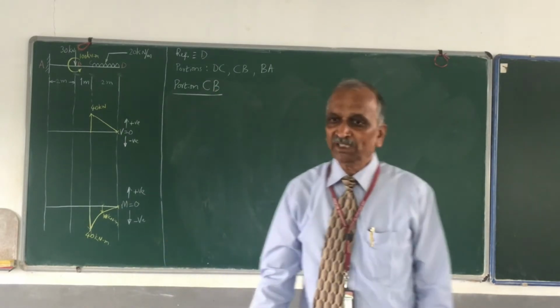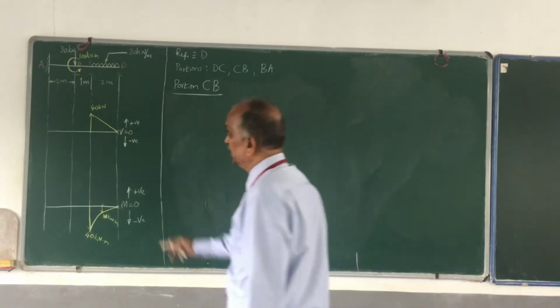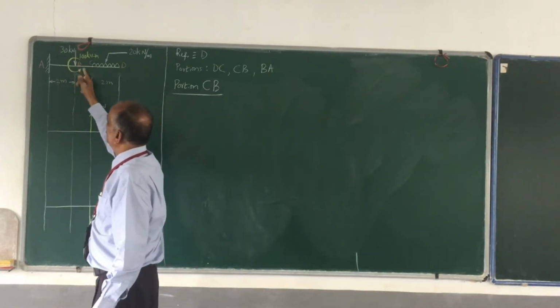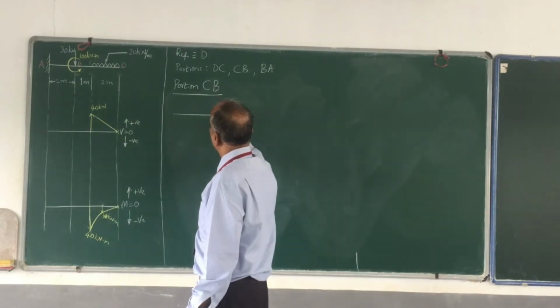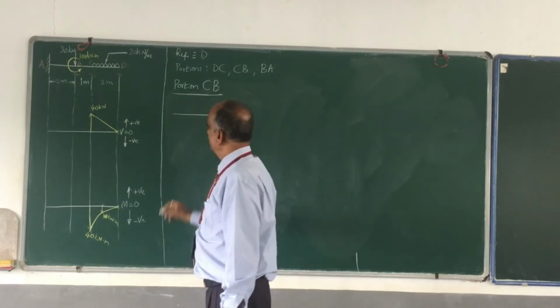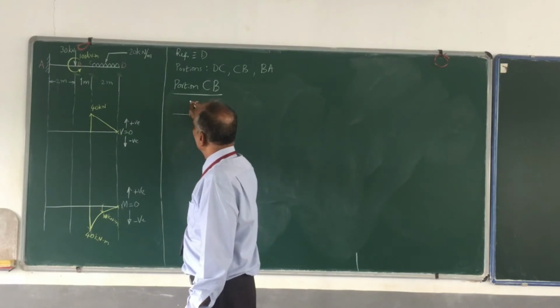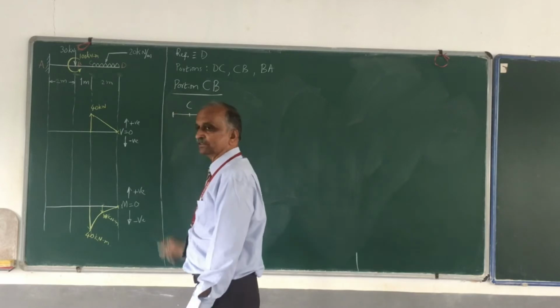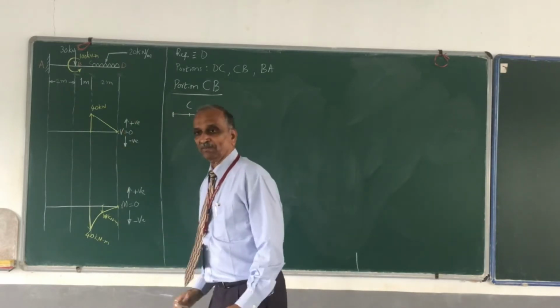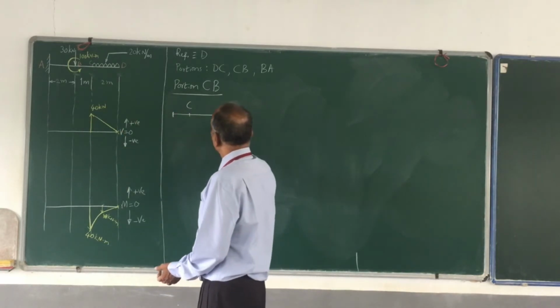Imagine a section between C and B. This is your C, this is your B. Somewhere here, take it, and this is how it looks. This is your C, and this is not B. Please remember, this is where you have taken the section. B is beyond that. So now this distance is